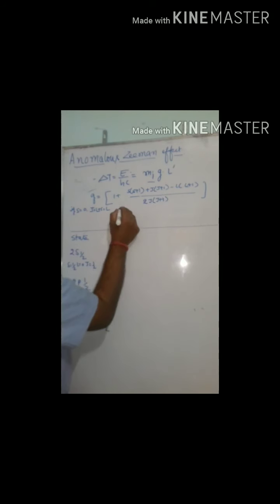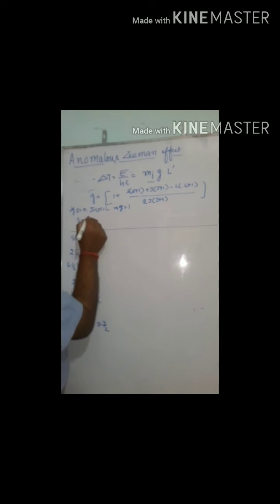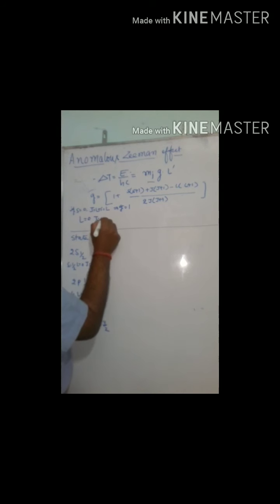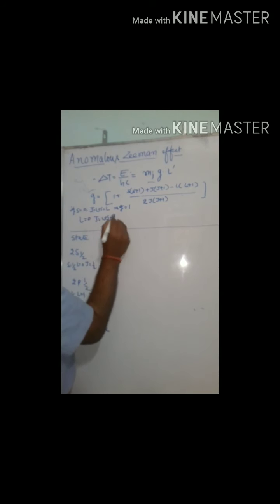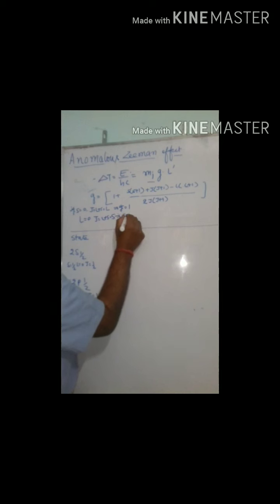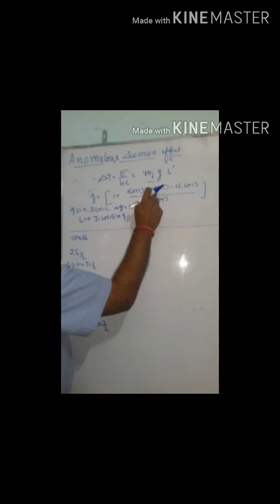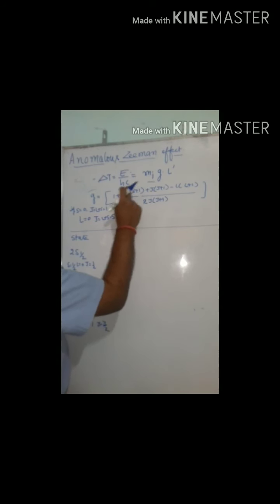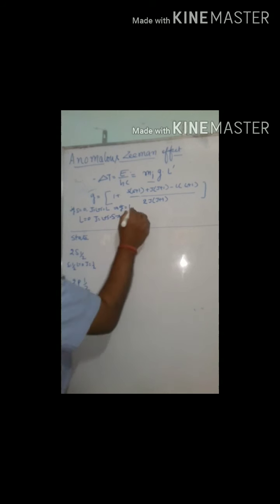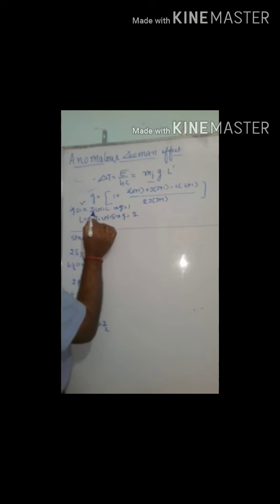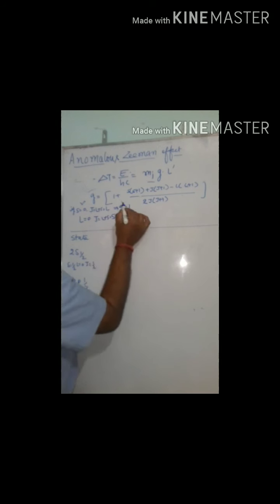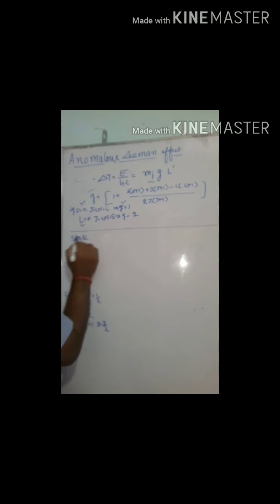And for L is equal to 0, J is equal to L plus S, that is equal to S. When this is S, then G takes the value what? You can see here S and J are same, so the 2 cancelled out, that is 1 plus 1, that is 2. So for S is equal to 0, J is equal to L, G is equal to 1. For L is equal to 0, J is equal to S and G is equal to 2.